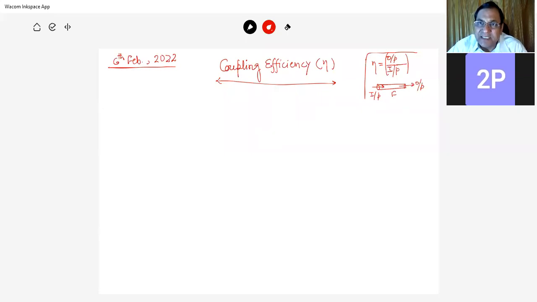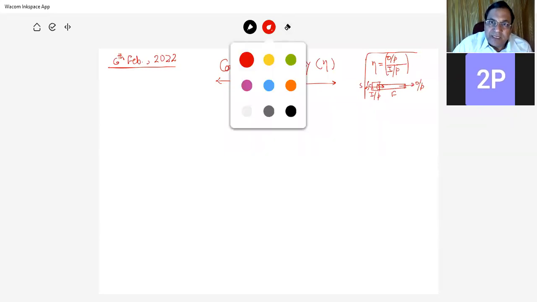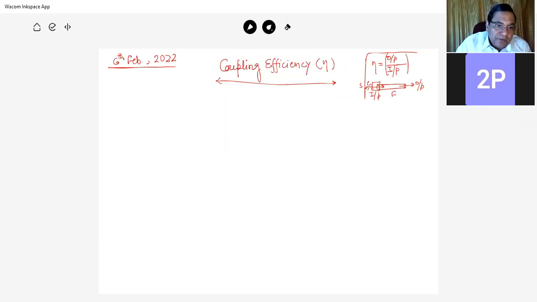अब कपलिंग इफिशियंसी का मतलब हो गया कि ये सोर्स यदि है और सोर्स को कपल करना है, जोड़ना है एक से दूसरे, तो कपल करने के लिए जो टेक्निक यूज किया जाता है उसकी क्या इफिशियंसी हो. सो दीज थिंग्स दैट वी हैव टू डिस्कस टुडे. तो हाउ टू डिफाइन इफिशियंसी, कैसे डिफाइन करेंगे, तो